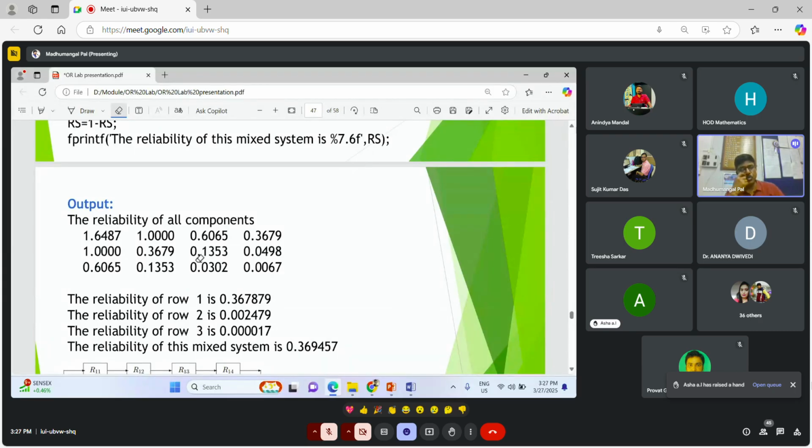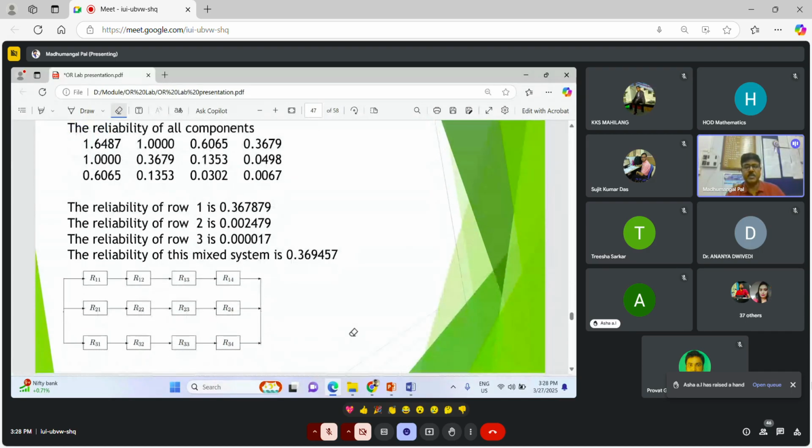So see, this is your output. These three rows and four columns represent the reliability of each component. The reliability of the first row is this one. The reliability of the components of the second row is this one. The third row is this one, and the reliability of the entire system is